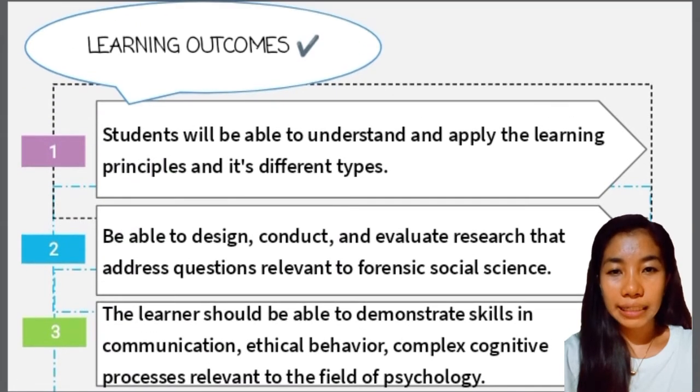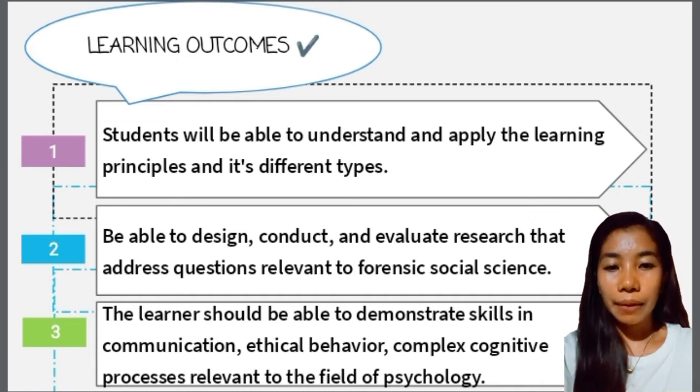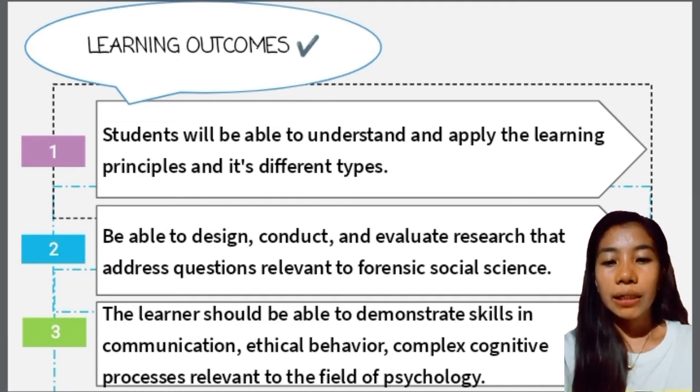Before we proceed to our final discussion about the principles of learning in psychology, let's discuss first the learning outcomes of the lesson. At the end of the discussion, students will be able to understand and apply the learning principles and its different types. Students will be able to design, conduct, and evaluate research that address questions relevant to forensic social science. And lastly, the learner should be able to demonstrate skills in communication, ethical behavior, and complex cognitive process relevant to the